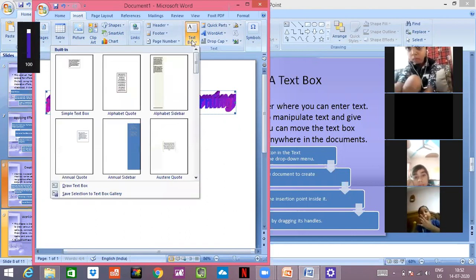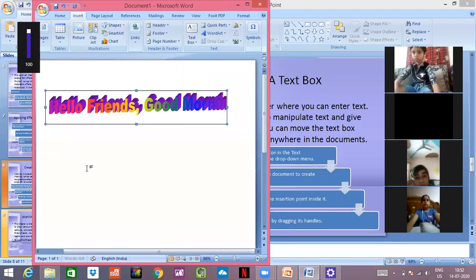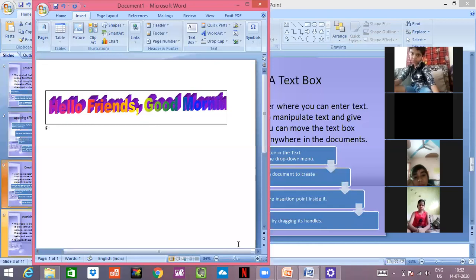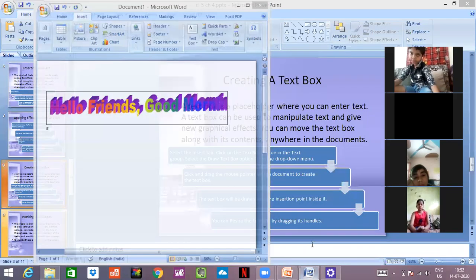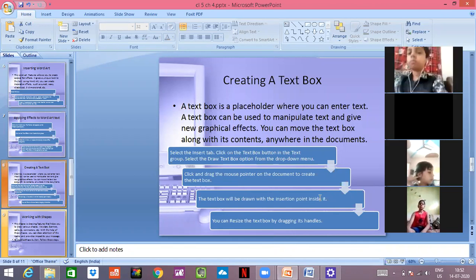See, different text box styles are there. If you want, you can select from them here. But if you want to draw your own text box, see, I can draw my own text box and write also. So you can draw your own text box by simply clicking on the insert tab. Remember, for inserting a word art and for inserting a text box, you have to click on the insert tab.